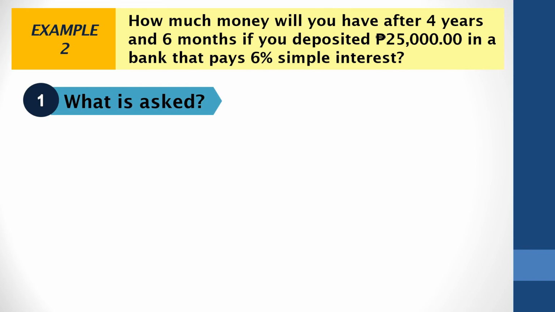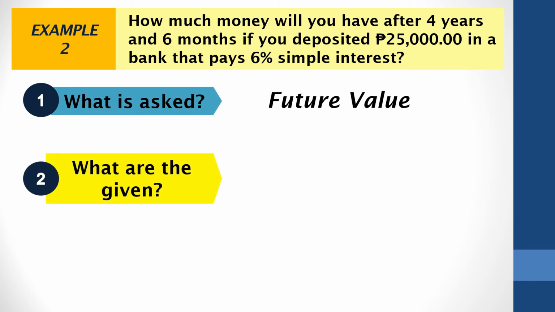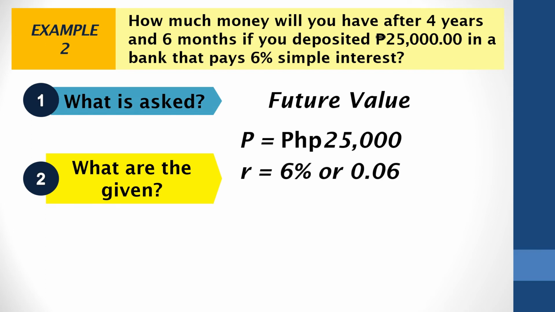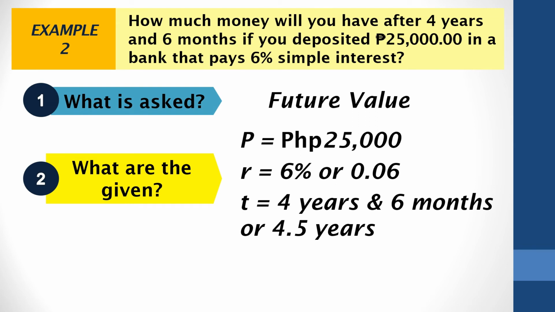What is asked? Ano ang ating hinahanap? So ang hinahanap natin dito ay ang future value. Kung ilan po yung pera after 4 years and 6 months, di ba? Next, what are the given? Ito po yung given figures natin. The P is our principal amount. Yung ininvest natin na 25,000. Ang R is ang ating interest rate na 6% or 0.06. At ang T ay ang ating time, which is 4 years and 6 months or ating kinonvert into decimal, 4.5